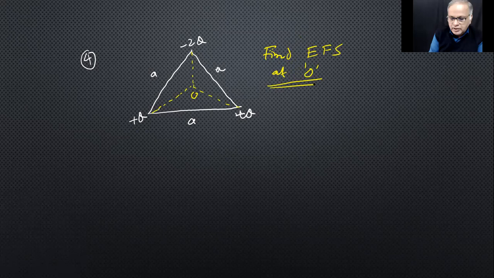If you're able to do this in your mind, then you're understanding it. Your understanding means you are gathering the knowledge given by scientists. Otherwise, you are digitalizing the information. This problem again, I will show it, you will copy it. But if you understood the main idea, at a given point, field is due to all individual charges, and then you know the vector addition, which is already done so many times. So you'll just sit like this and look at it and write the steps in the mind.